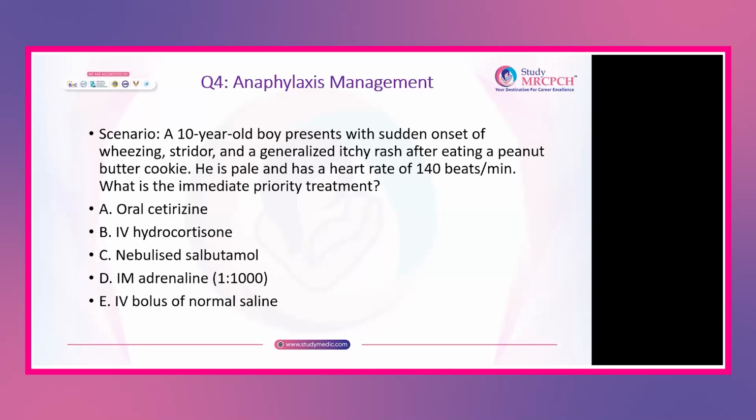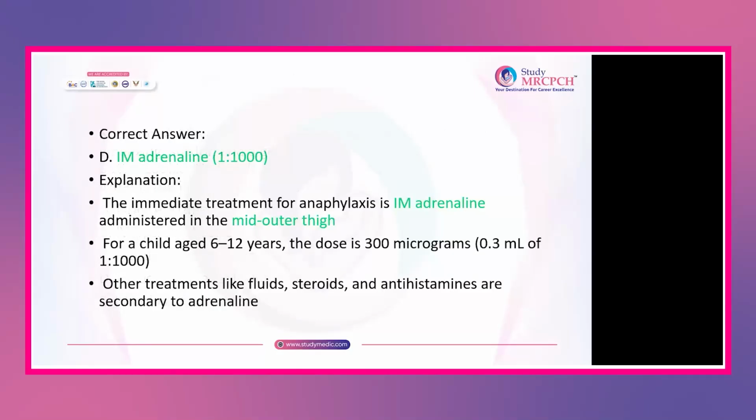So what is the immediate priority here? Shall we give him oral cetirizine, IV hydrocortisone, nebulized salbutamol because there is evidence of wheeze, IM adrenaline, or an IV bolus of normal saline? After our assessment of the severity of these symptoms, the first option will be IM adrenaline, which is the immediate treatment for anaphylaxis,